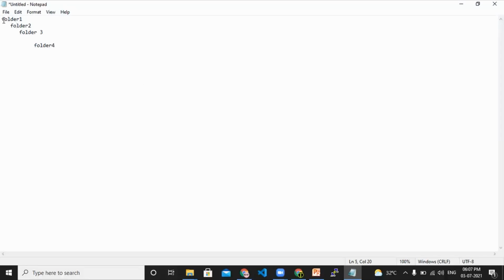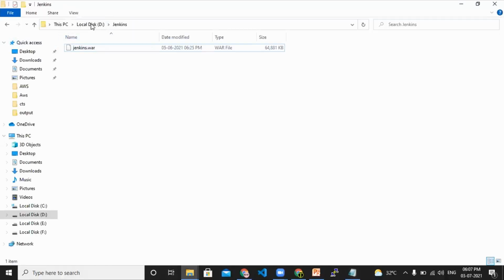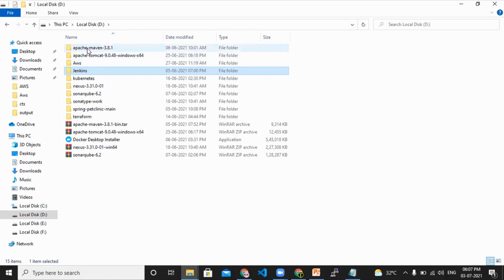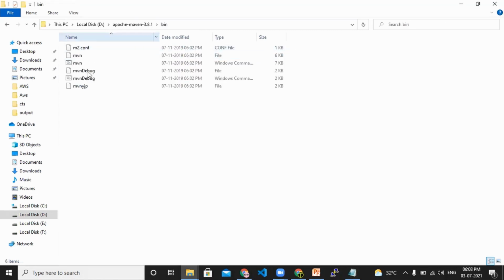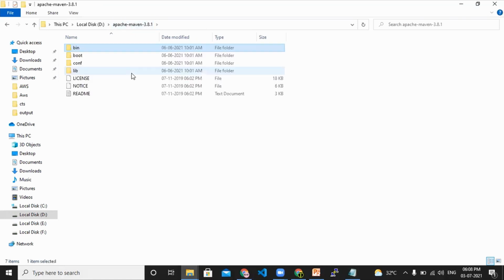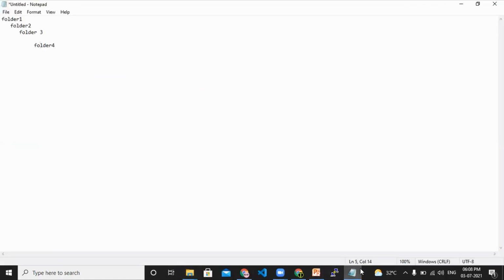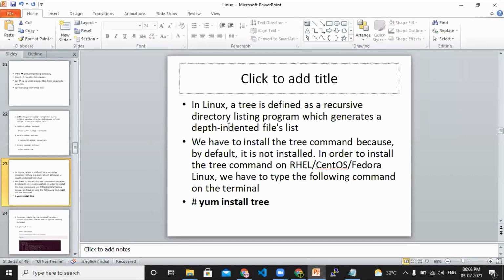In Windows also we have it like this: folder one, folder two, folder three, folder four. I have a disk here, I have some folder like Apache Maven, and inside this I have a bin. So from the root we have some folder structure, and the same way in Linux also, we have a folder structure.